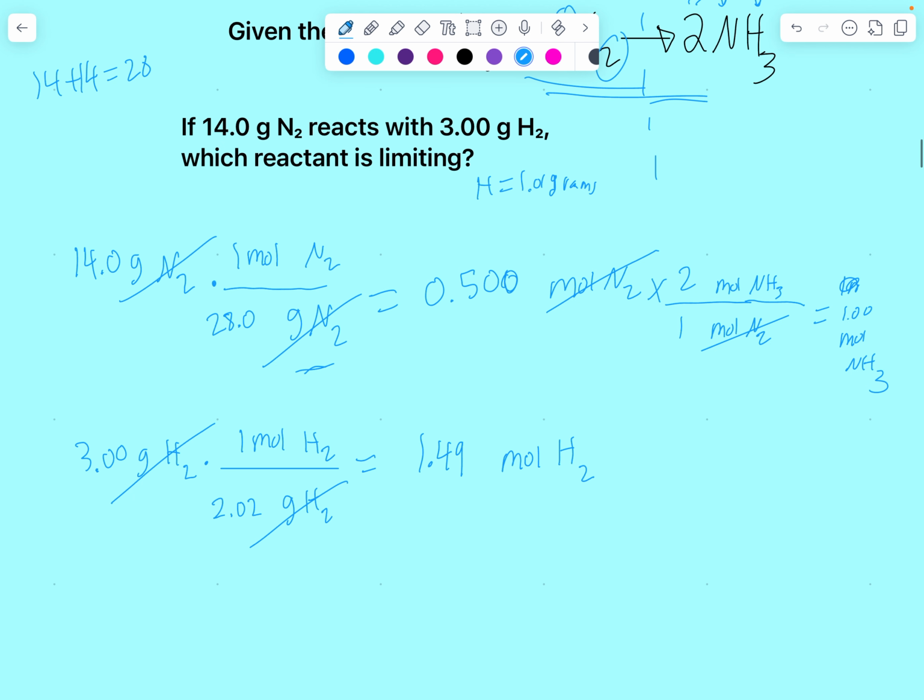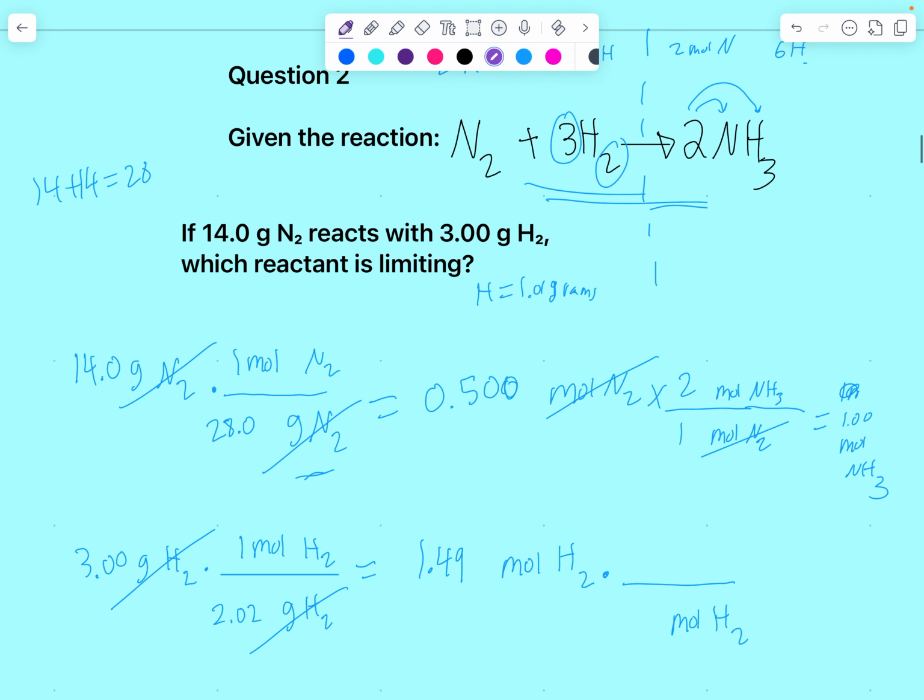Now, I'm going to do the same thing. Moles of H2 needs to be in the denominator, and looking at the balanced equation, you guys, moles of H2 is 3. And I'm trying to get to moles of NH3, and I have a 2 right here. What's 1.49 times 2/3? 0.993